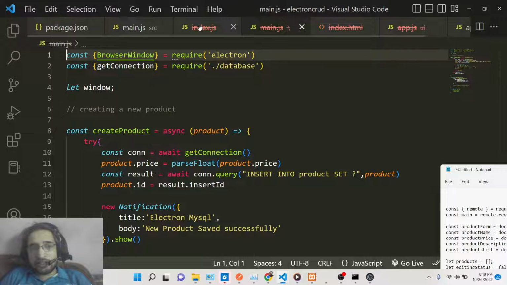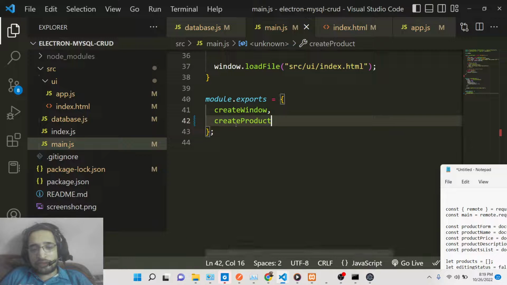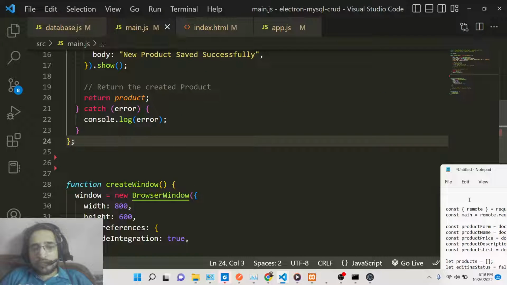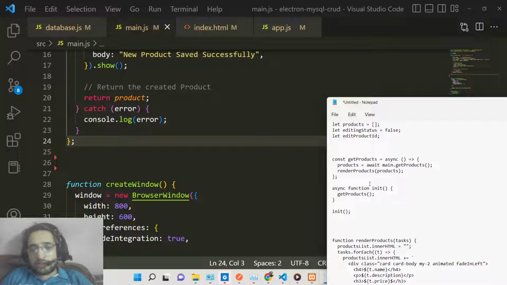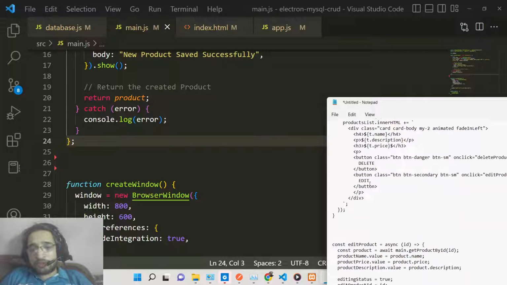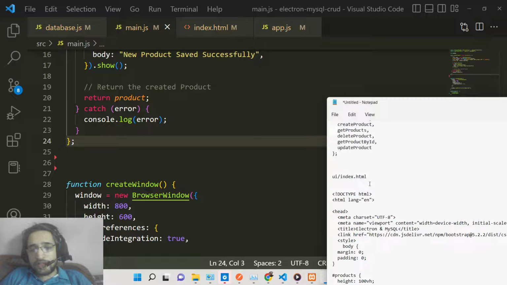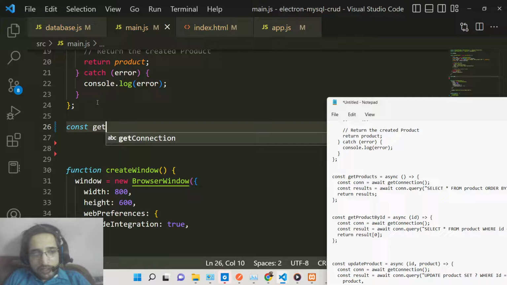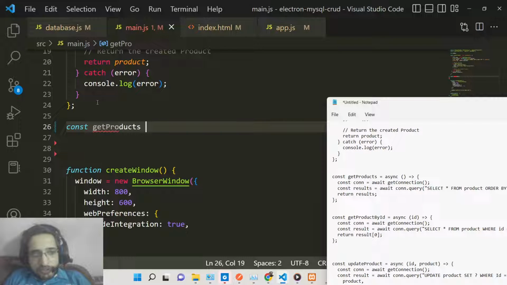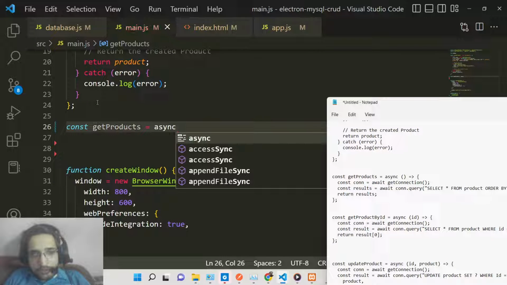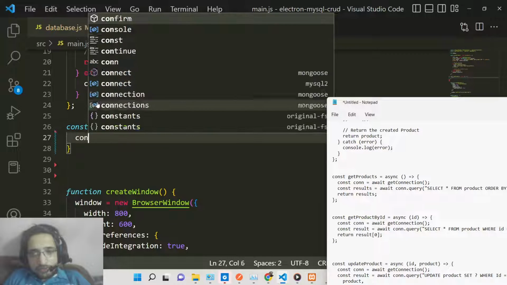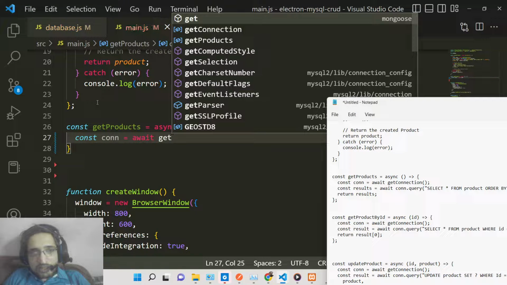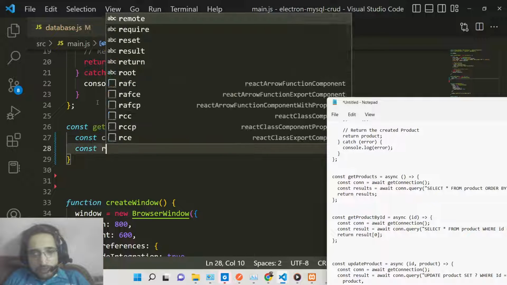For displaying it, if you go to your app.js file, right here we will create a new function, which will be responsible for fetching all the products which are available. So right here we will create a new method called get products. This will again be an async function, and first of all we need to get the connection. We will be awaiting the get connection method,